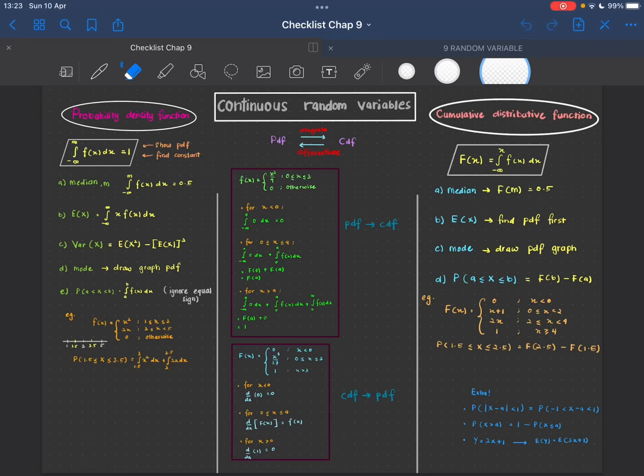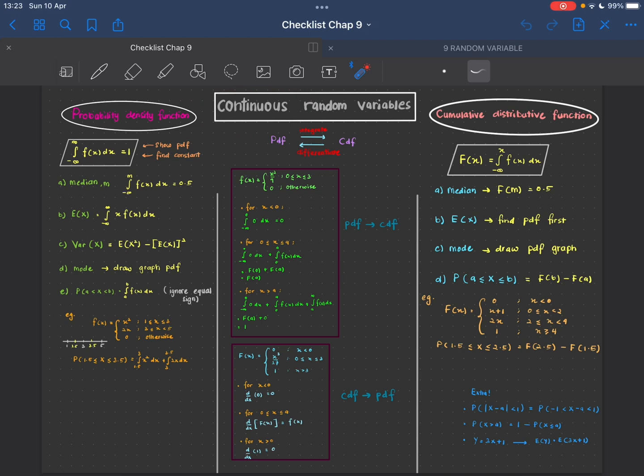Okay, so let's continue with continuous random variables, for the cumulative distribution function. We have already learned how to do the probability density function, or PDF. Now we are going to see the cumulative distribution function, or we call it CDF. As the name says, cumulative, it is almost the same as for discrete random variables, but as I said, for continuous there must be integration